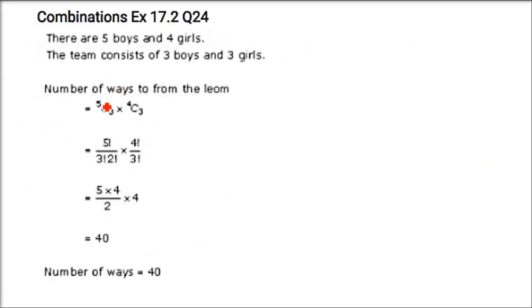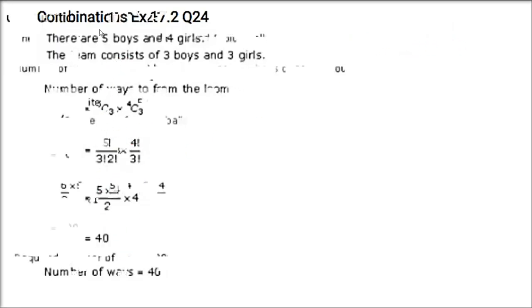In how many ways can a team of 3 boys and 3 girls be selected from 5 boys and 4 girls? And all these questions we have seen, most of them are from NCERT. So 3 boys and 3 girls, 5 boys are there and 4 girls are there. So see, 5C3 and 4C3, 3 from 5 and 3 from 4. Multiply them, principle of multiplication, 40 will come.